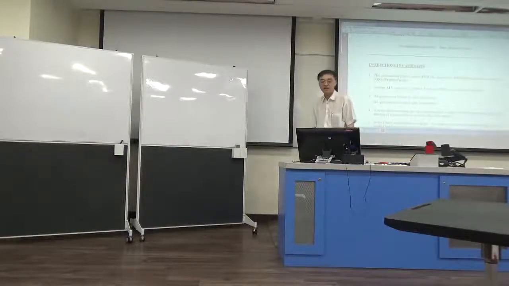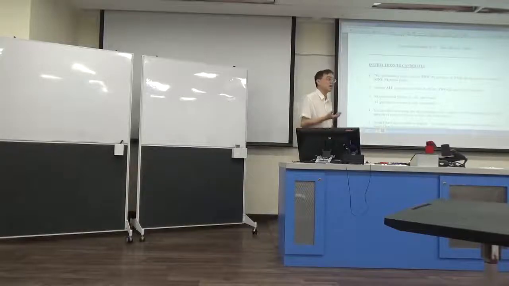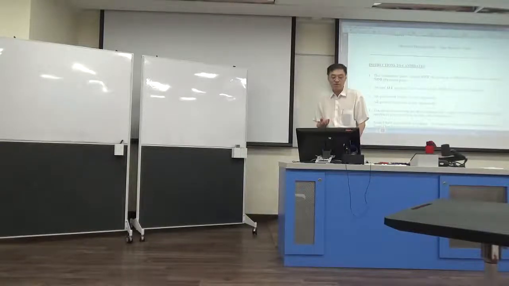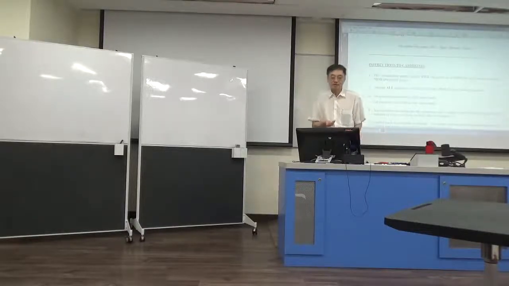There are section A and section B. Section A contains 5 small questions. You need to answer them. Compulsory, 5 small questions. And section B consists of 4 questions. You need to pick any 2, so that you are able to focus on the topic which you are more familiar with and more proficient at. But at the same time, you need to know some basics about everything. That's the reason why